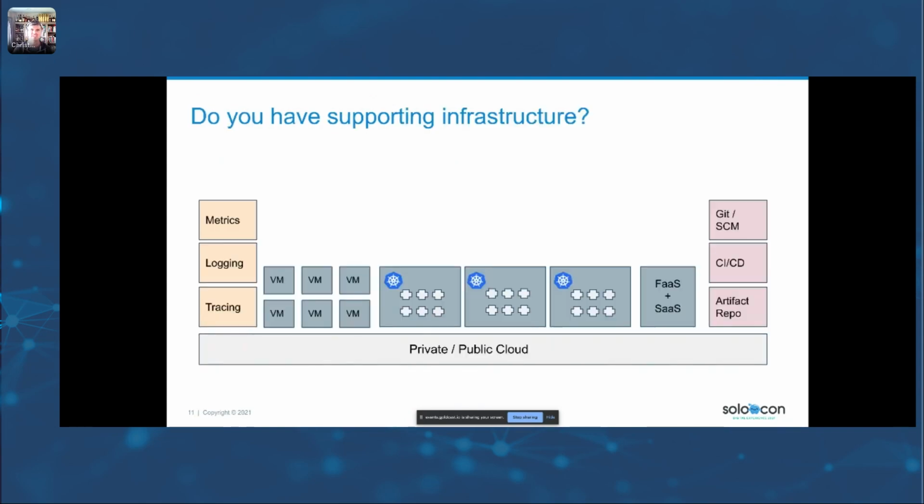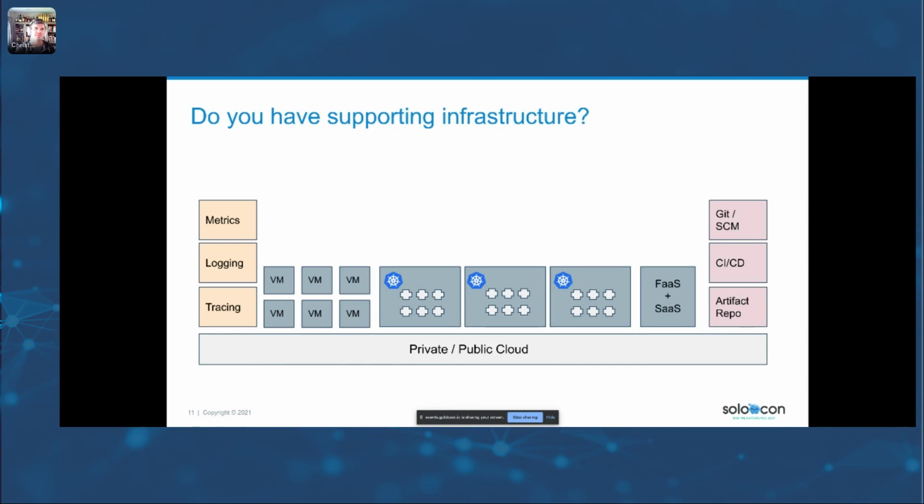And the last piece is, do you have the supporting infrastructure to make adopting a service mesh successful? So things like Git, like source control, like CI/CD pipelines, to be able to make changes to get into a production environment.